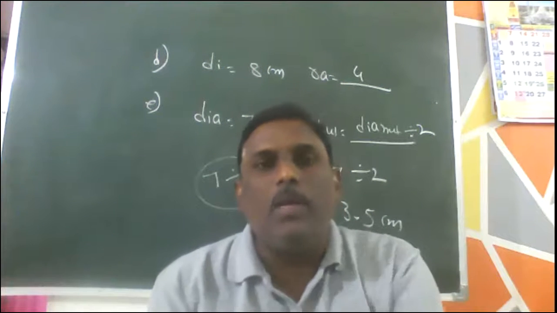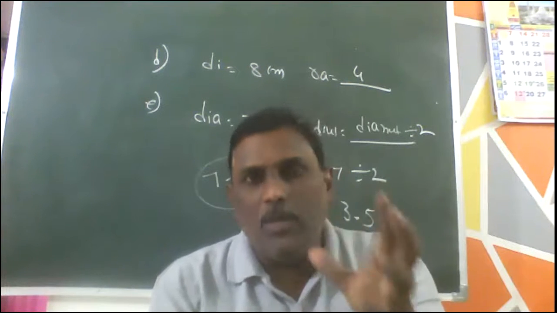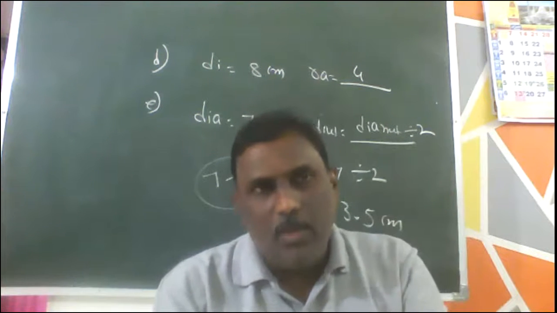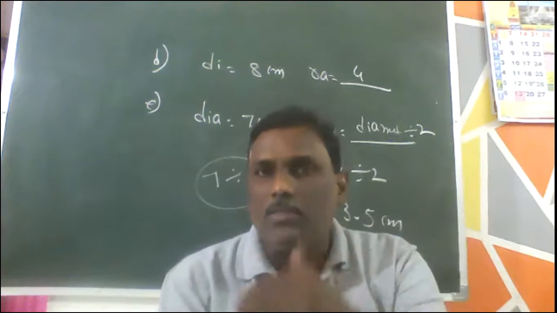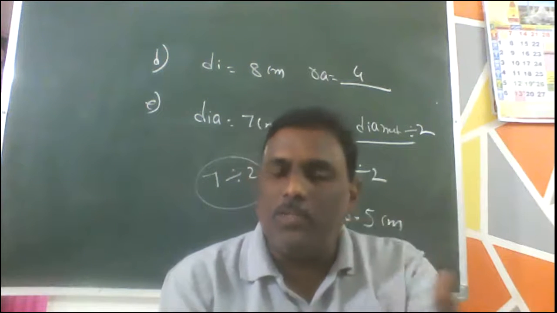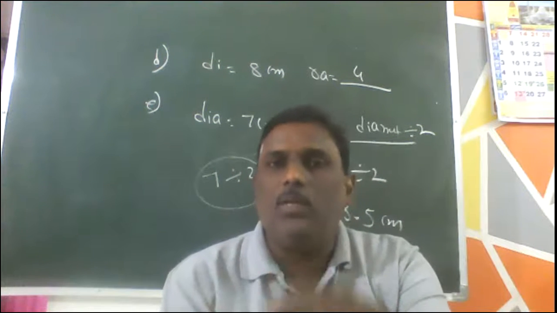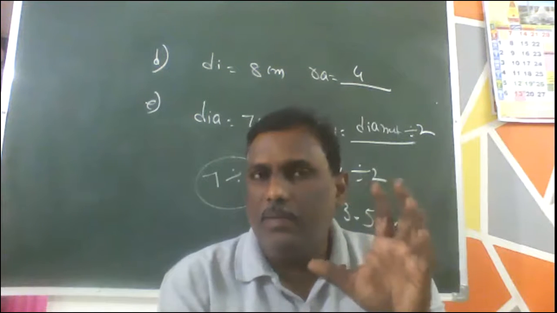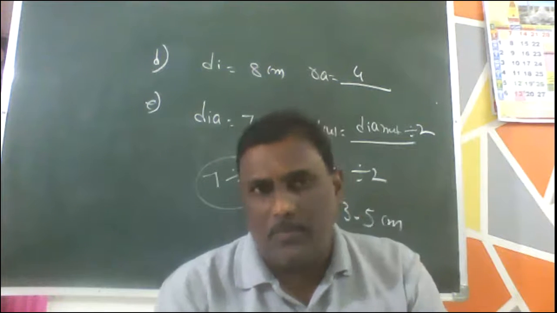Because syllabus is done, we are doing revision. There are 5 chapters I have already mentioned yesterday, which are going to come for the final examination. One by one, we will revise. Today, this chapter is completed. I will share the same worksheet. Those who have not completed can do it. Diameter and radius, the relation between these two is very important. You will get questions on this.